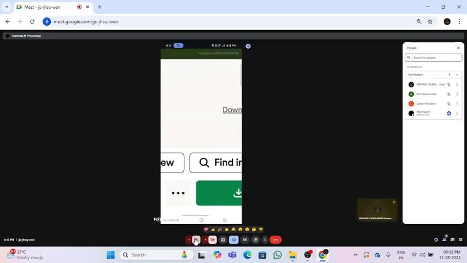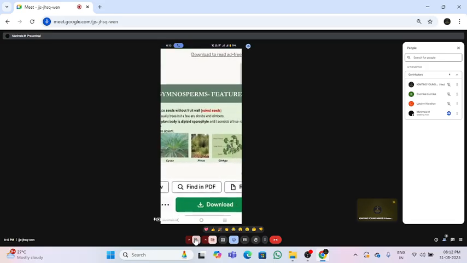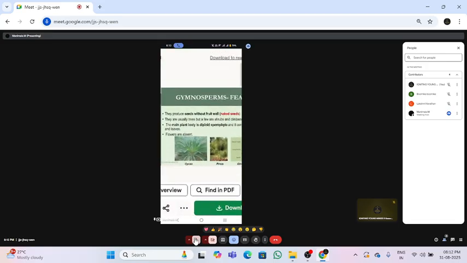Okay, the next one we are going with is the gymnosperms. Shall I move on? Yes, we'll complete these lessons. So what are the gymnosperms? First, among land plants, we know the pteridophytes, right?